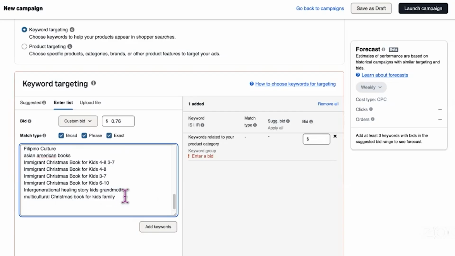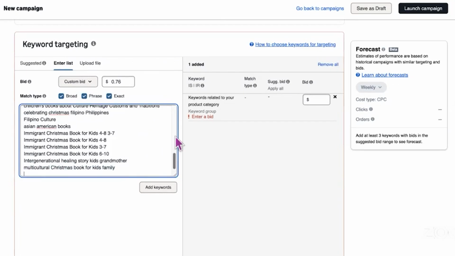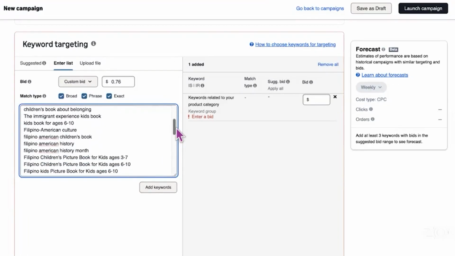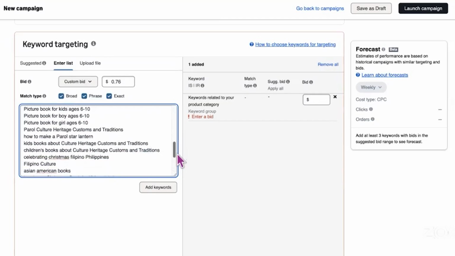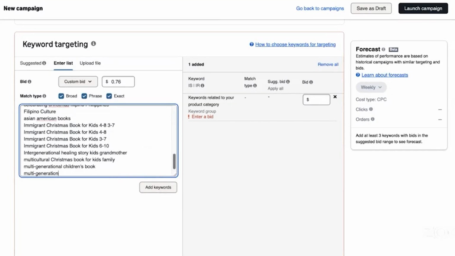Multicultural Christmas book for kids. That's great. It's also multi-generational. Let's see, do I have everything already? Did we do heritage? Multi-generational? Okay, so we can do multi-generational children's book, multi-generational book for kids,